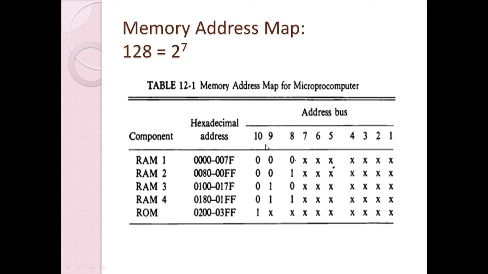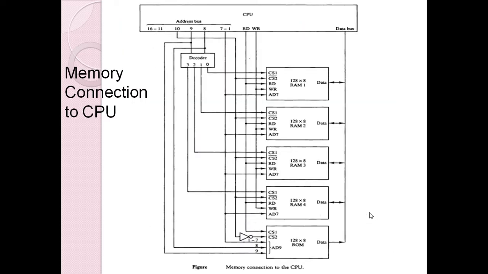But if this 10th bit is 1, then this signifies that we are doing the operation with ROM. So when this bit is 1, the remaining 9 bits, 7 bits plus these 2 bits, can be used as an address of the ROM. So once the ROM is selected, the 9-bit address can identify a particular word in ROM. So this is how the address is mapped.